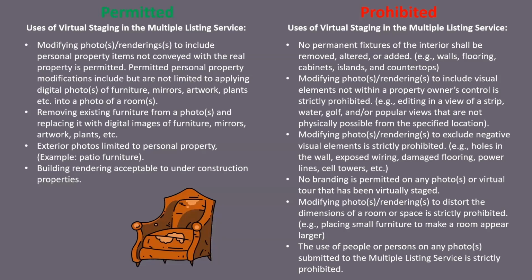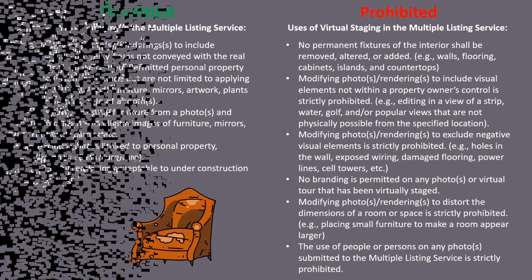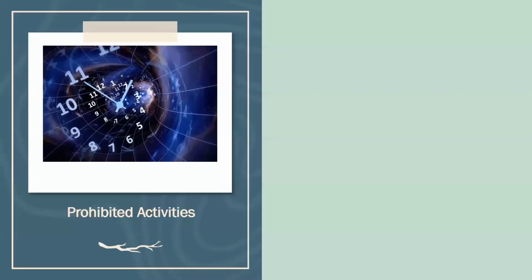The next section we're going to cover are prohibited activities. You'll find prohibited activities in section 9.4. And the first one we're going to cover is failure to enter a listing into the MLS after 2 business days. That is one of the biggest things that we get. For some reason, members just aren't able to get in there within 2 business days of having that listing agreement signed and taking effect. You have 2 days to do it.